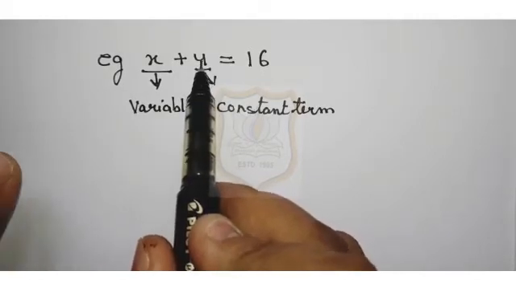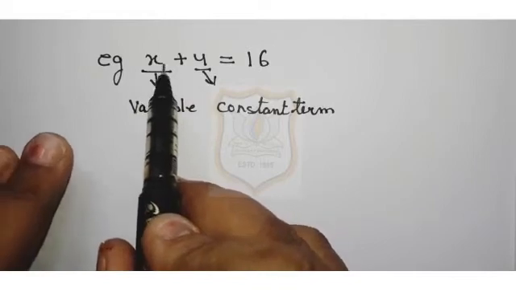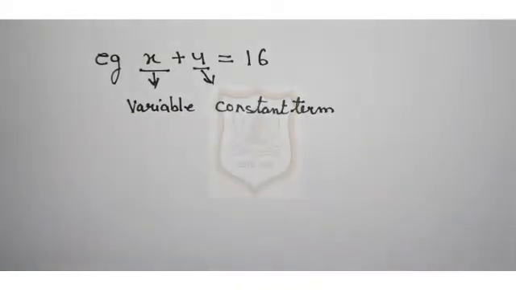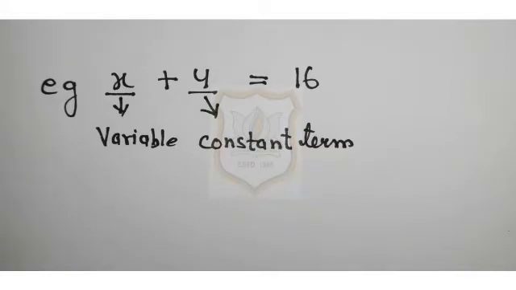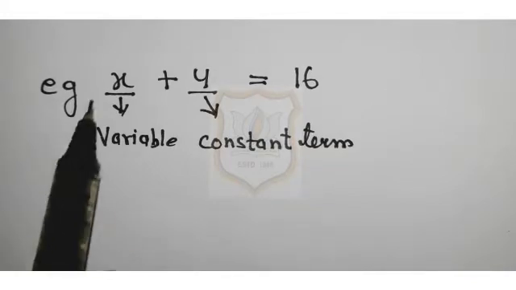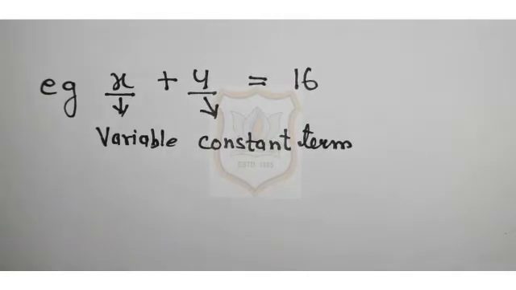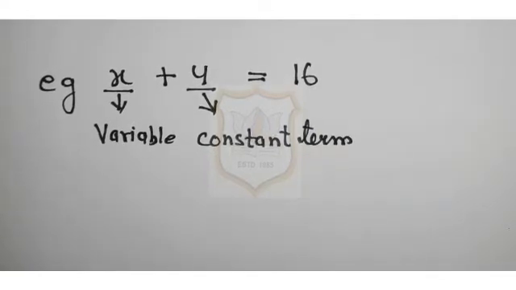And in this exercise, we have to separate this variable from the constant term. And to separate them, the second thing that you have to keep in mind is that to hold equality on both sides of the equation, that means LHS is equal to RHS, always remember, we should do the same operation on both sides of the equation, whether it is addition, subtraction, multiplication or division. I am explaining by giving an example.